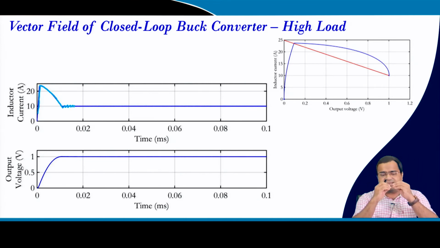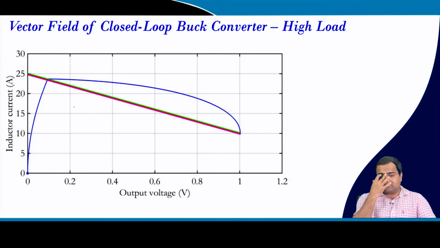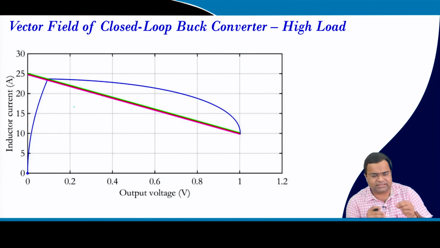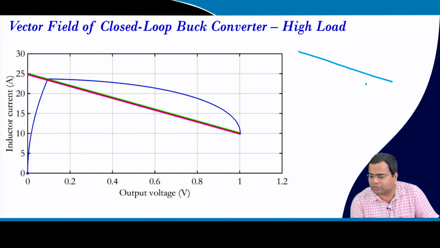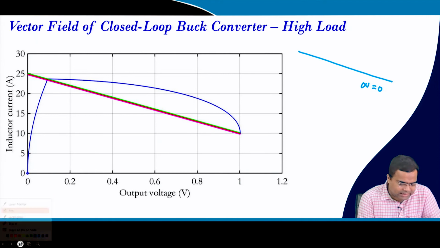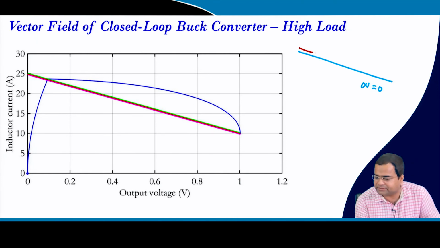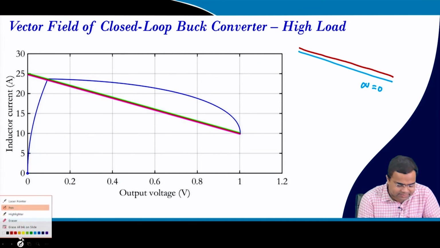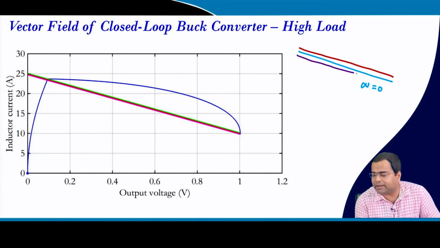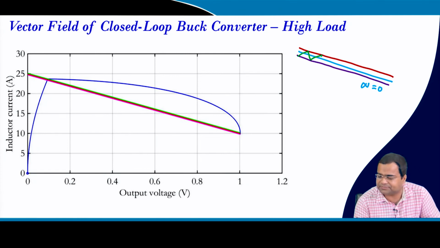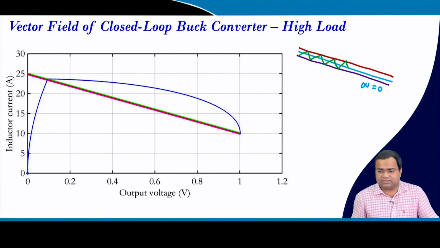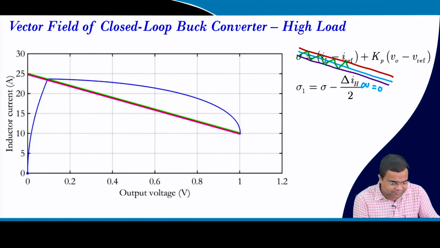Very small switching. So practically there is a band, but it is not clearly visible because the band is so narrow. On top of that, we have considered the ideal sigma, which is 0. There has to be some band, that means it should have one band here and another band here, and the trajectory will remain on this line, moving something like this.